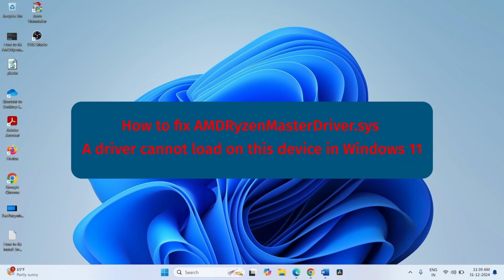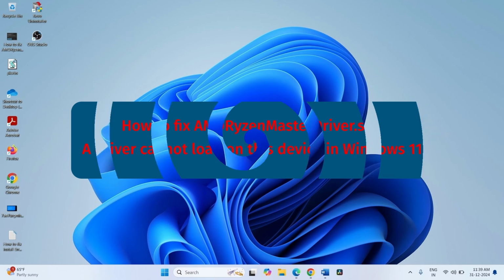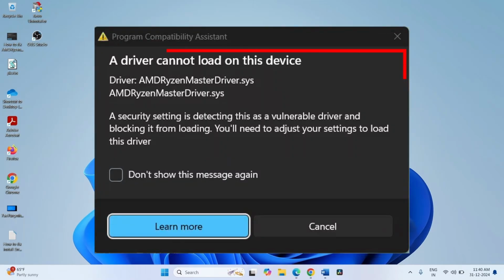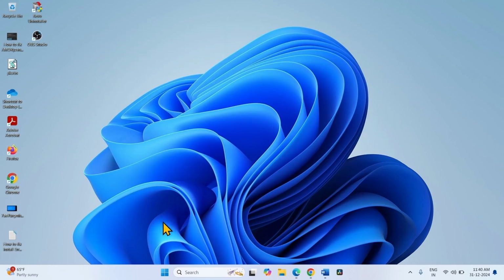How to fix AMDRyzenMasterDriver.sys, a driver cannot load on this device in Windows 11. Hello friends, you might get a message, a driver cannot load on this device, driver AMDRyzenMasterDriver.sys. This error message indicates that the